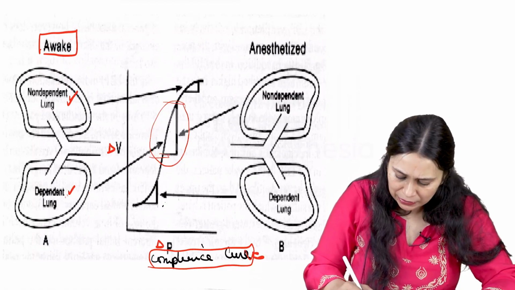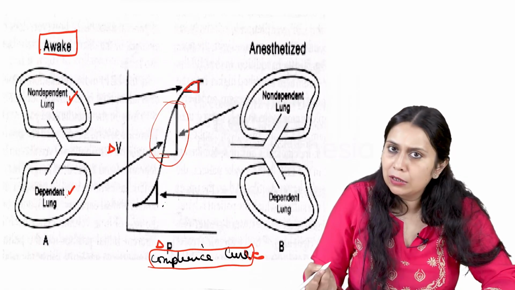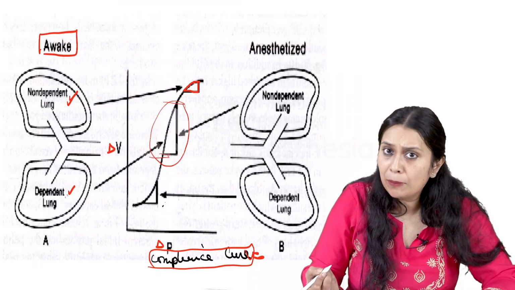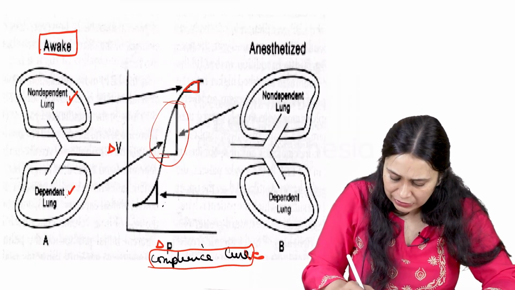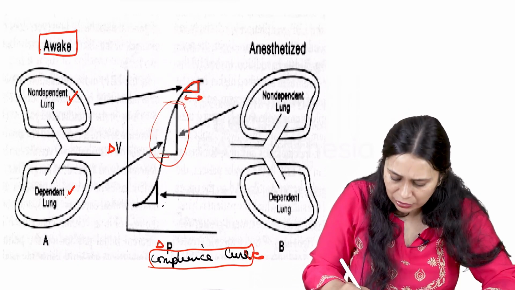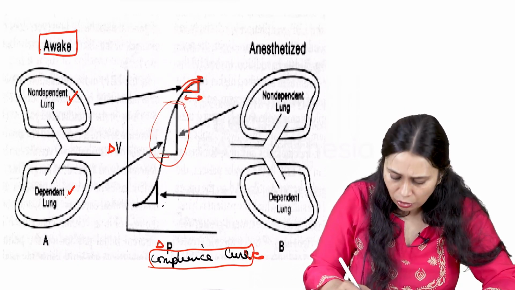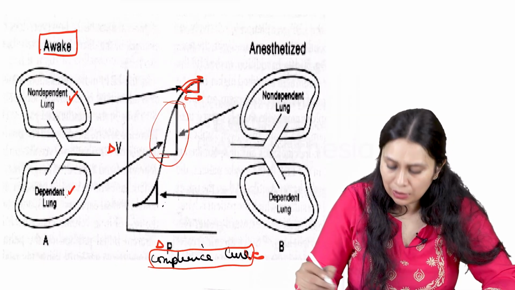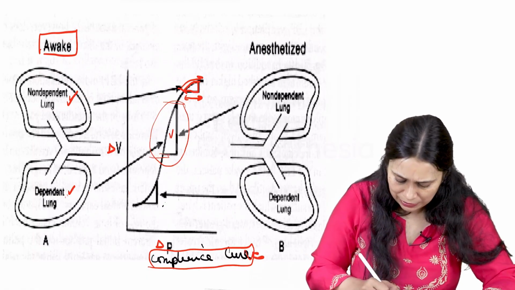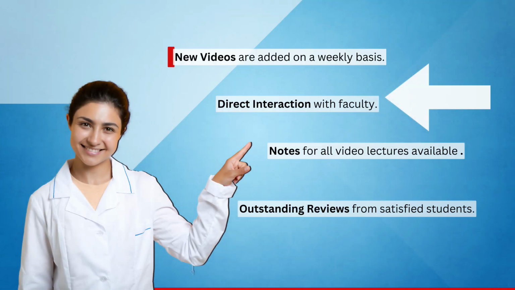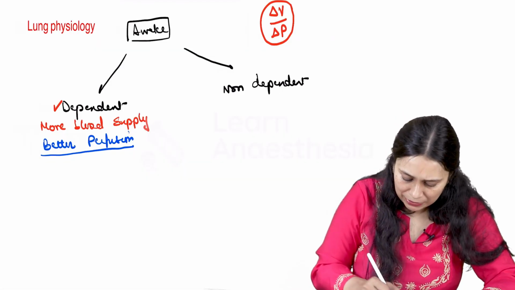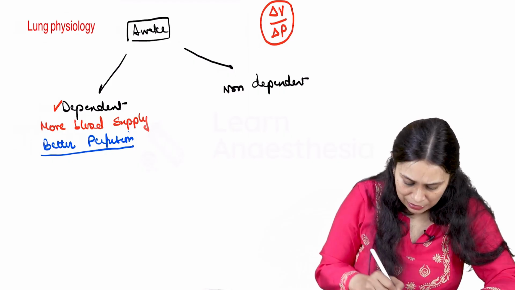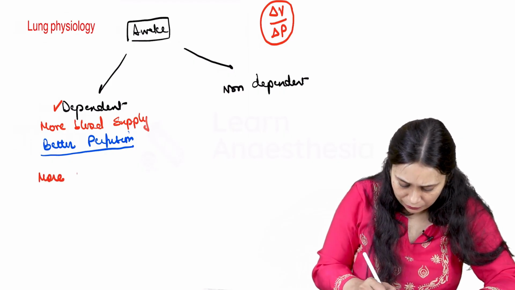If you see the non-dependent lung, where does it lie on the compliance curve? It lies on the upper part of the compliance curve, where we need to increase more of the pressure for a little increase in volume, because the volume is already high in the non-dependent part of the lung. So ventilation is better in the dependent part of the lung. The dependent part of the lung gets more blood supply, and it also gets more ventilation,